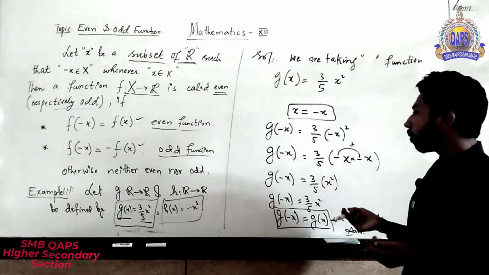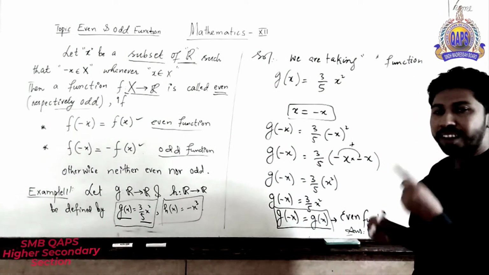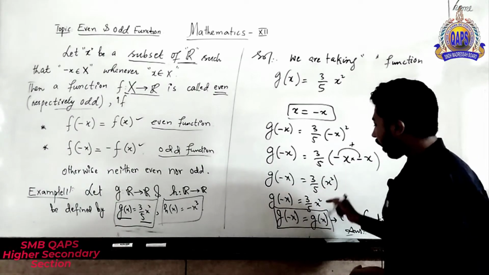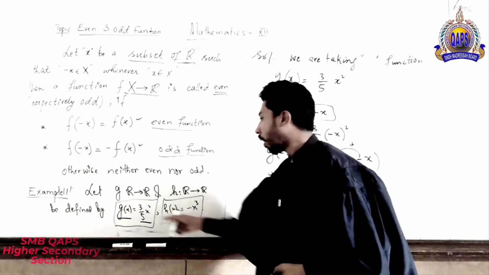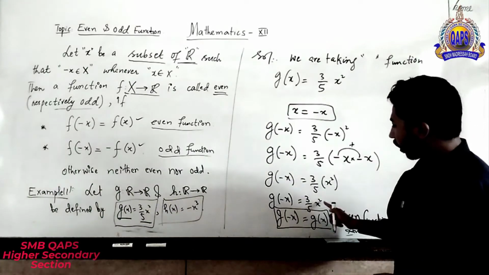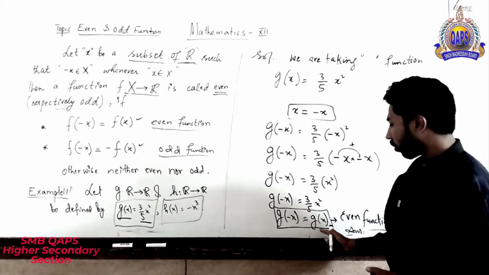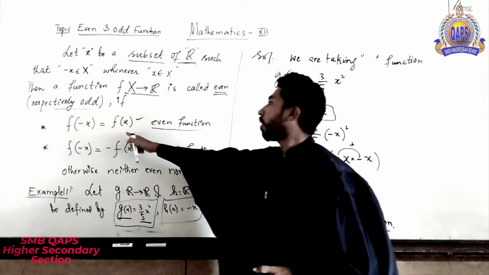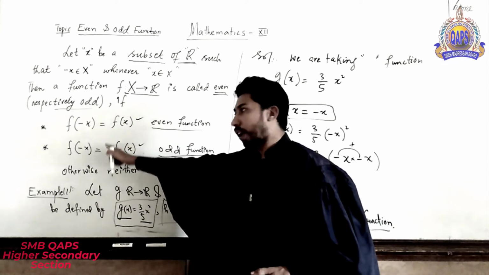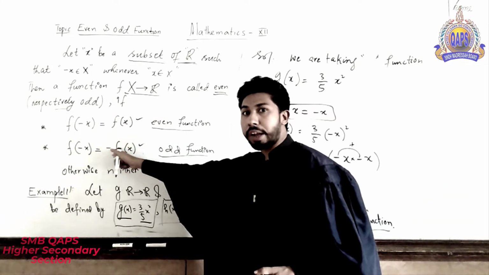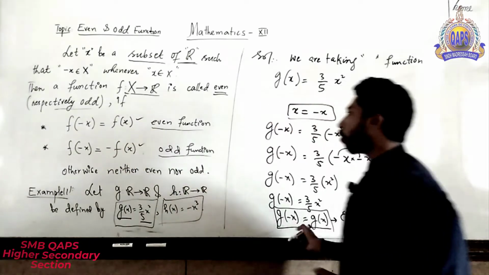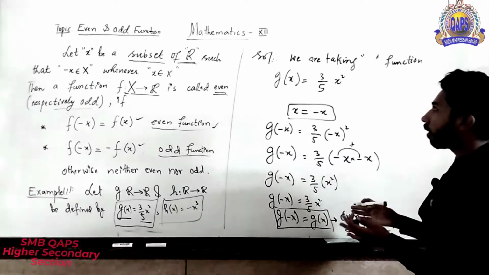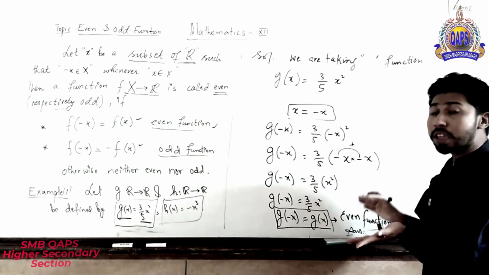So positive is multiplied by positive, it must be in positive sense. So x into x squared. This function and the given function are the same. In the place of this point we put this function. This function represents the first point, because there is no negative sign, while in this point there is a negative sign. So this function is known to be an even function. We have already done this. This function represents the even function.